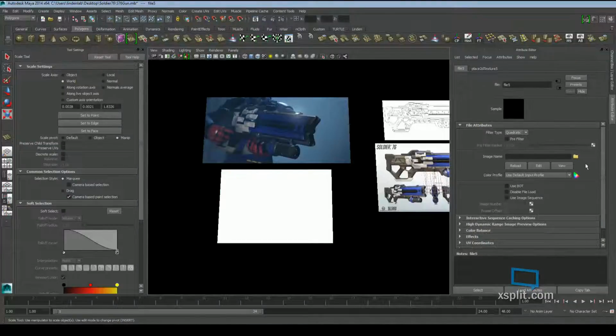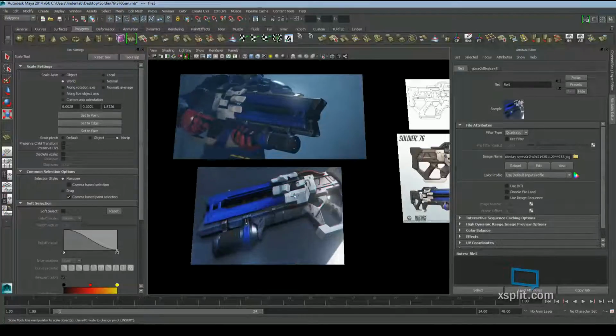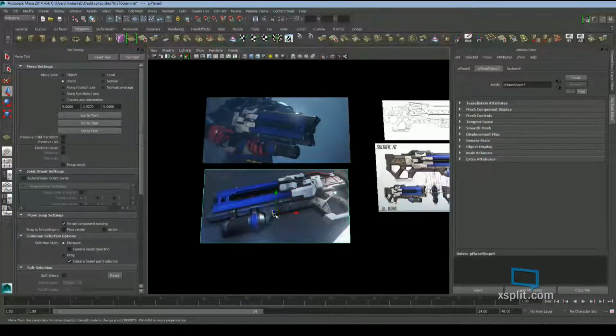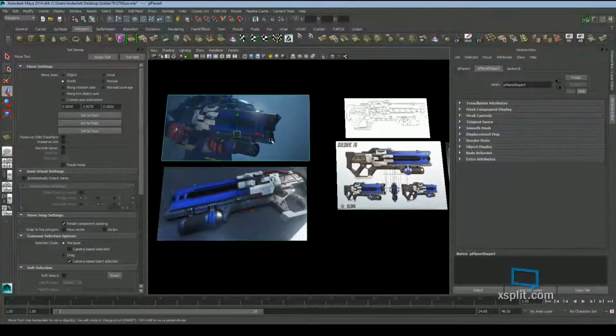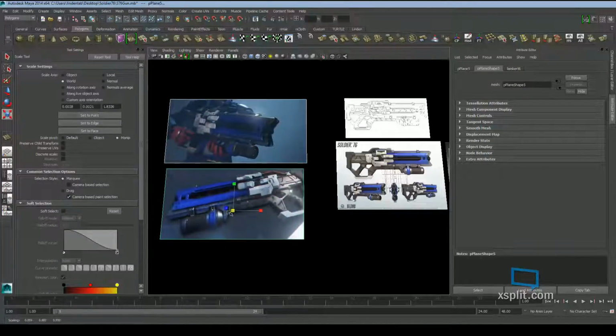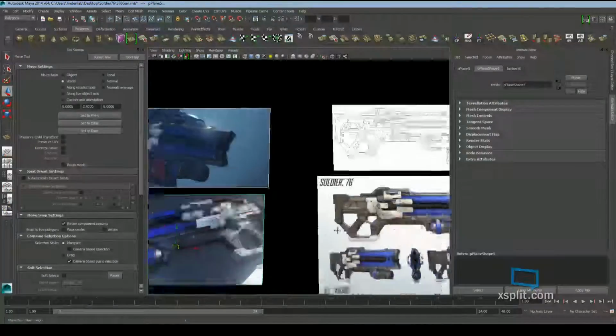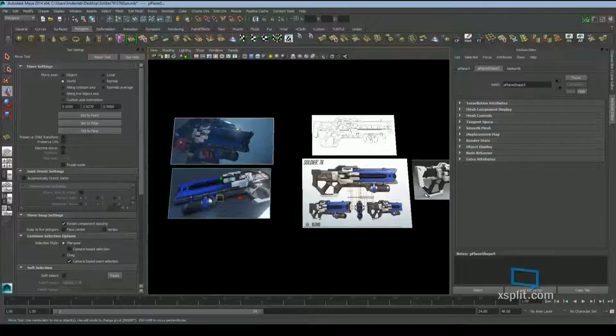File. Folder. Oh, there we go. Okay. So I have multiple images to refer to at this point when I'm modeling from different angles and everything. It's nice to have all these different angles so that you can keep track of your reference. If you're trying to duplicate something, seeing it from different perspectives gives you an idea when you're doing more depth